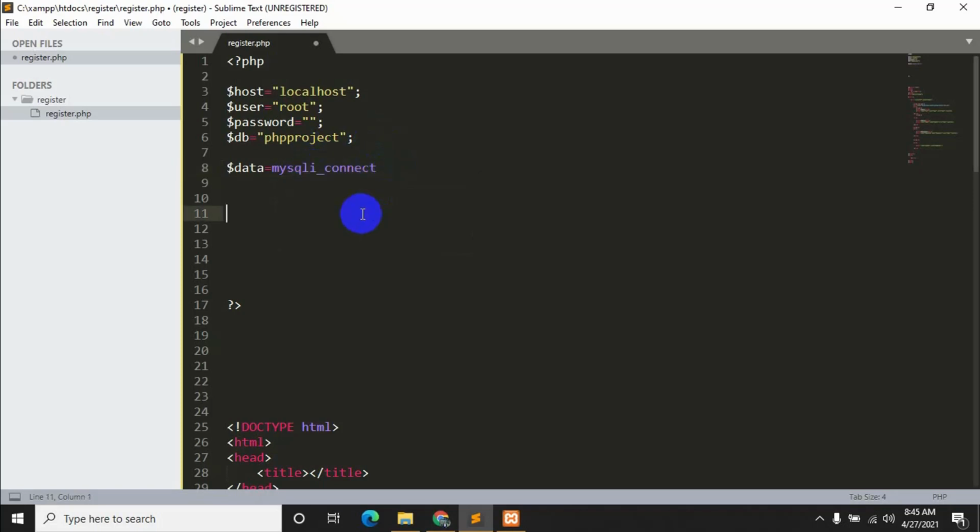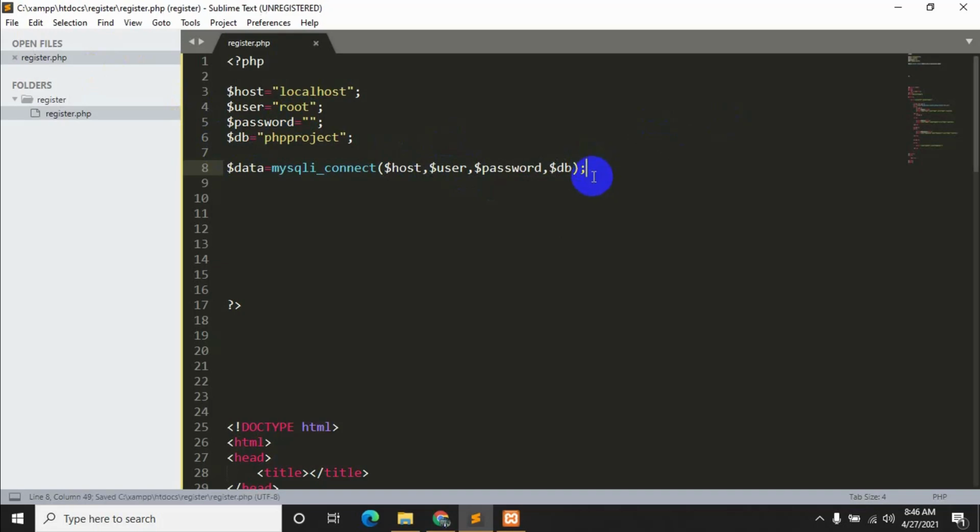But if your PHP version is lower than 7, then you just need to write mysql. Then inside this connect we say $host, which is this one. After that comma $user, and after user comma $password, and after that we write $db.